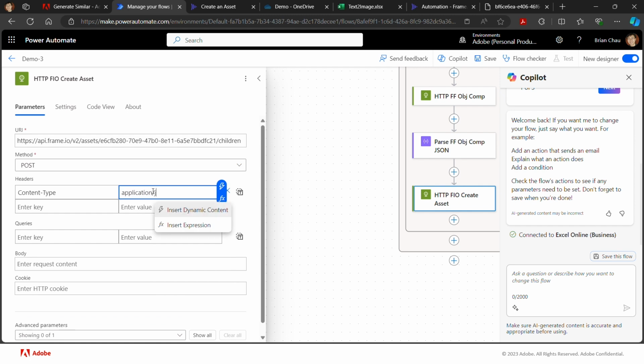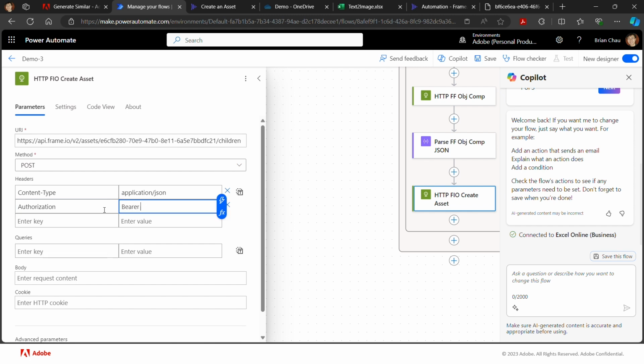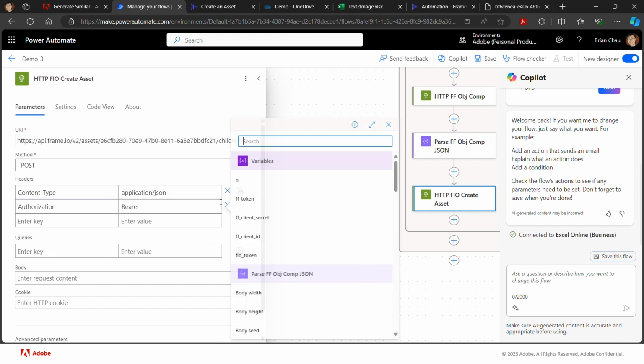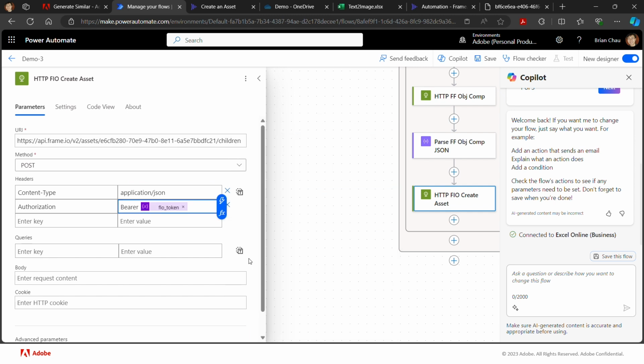Application JSON, authorization, parent. We call the frame IO token, just like that. Now, in terms of body,